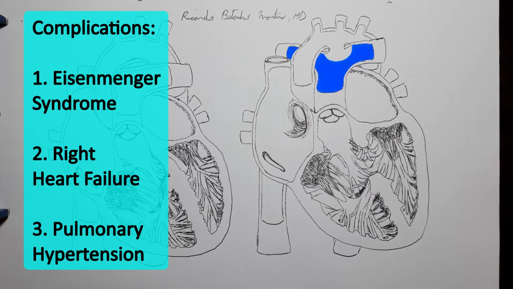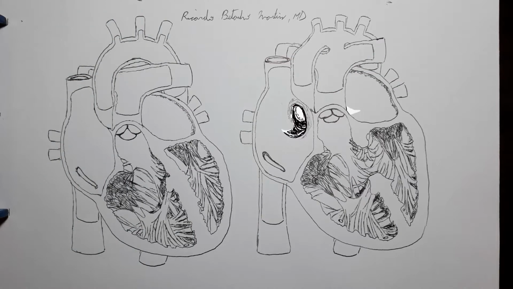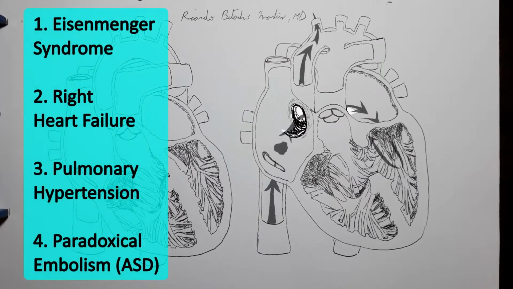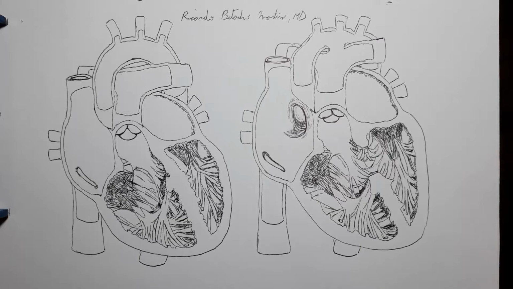primary pulmonary hypertension. And finally, regarding atrial septal defects, there is also the lifelong risk for paradoxical embolism. That is, the risk that an embolus generated from a venous thrombus, usually in the lower extremities, may traverse the defect. This way, rather than impacting on the lungs and causing pulmonary embolism, it may reach the systemic circulation through the left heart, from where it could cause a cerebrovascular occlusion, for example.